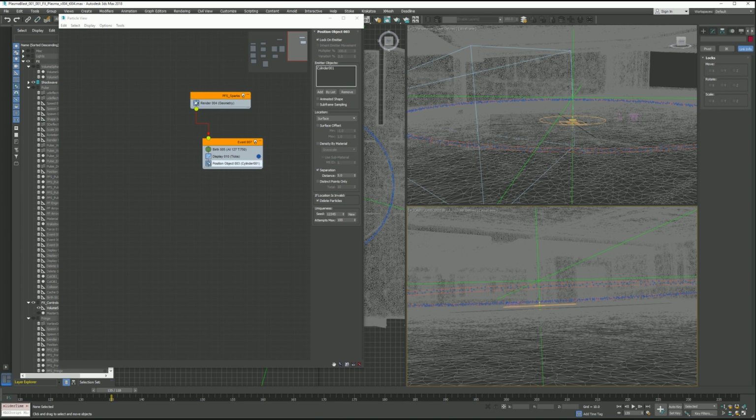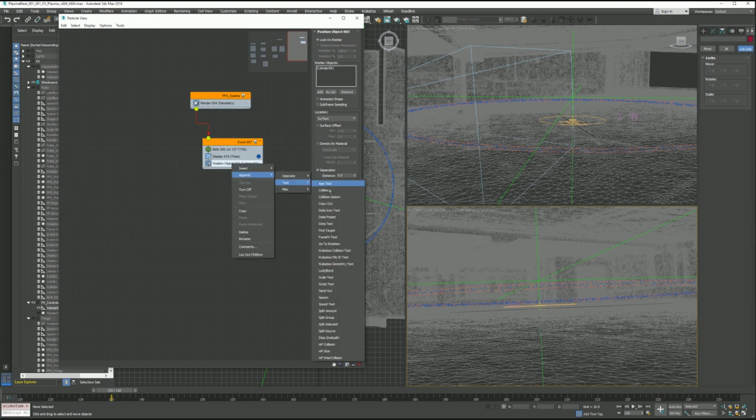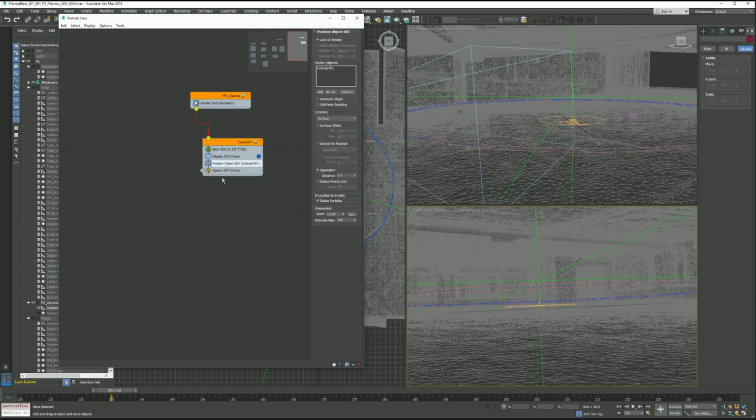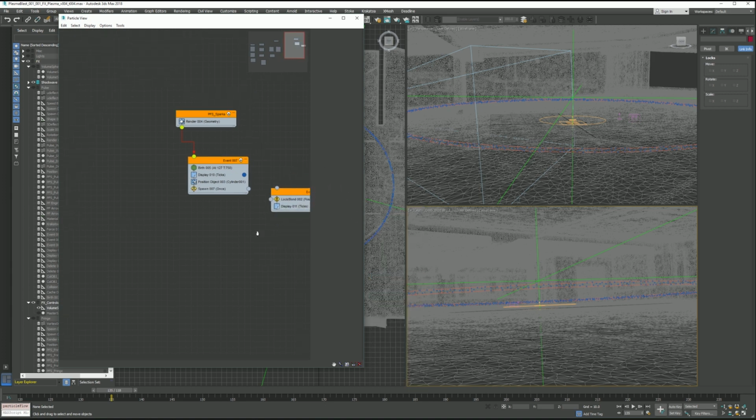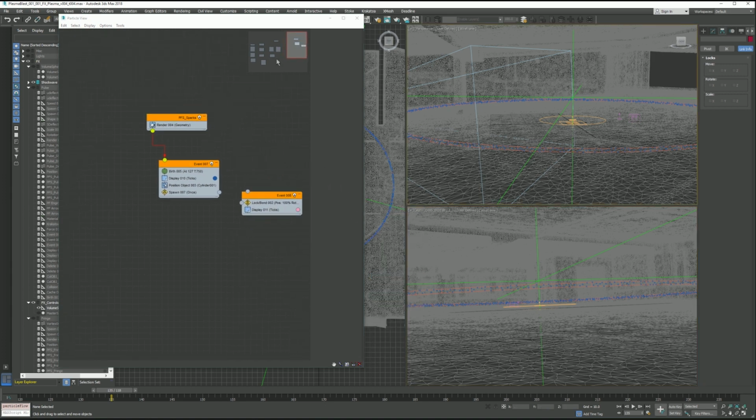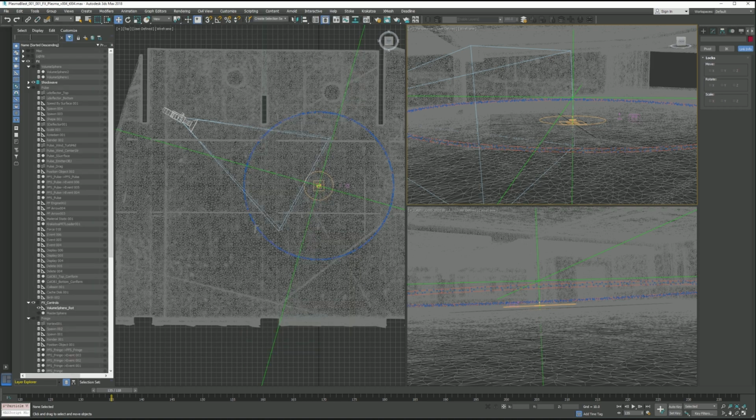So initially, I'm just going to go and create a spawn. I'm going to do it on the right side here. All I want to do with this is make these sweep along the ground. So as they expand out, I'm going to make these snap to the ground surface. Now, rather than using this, we could use the